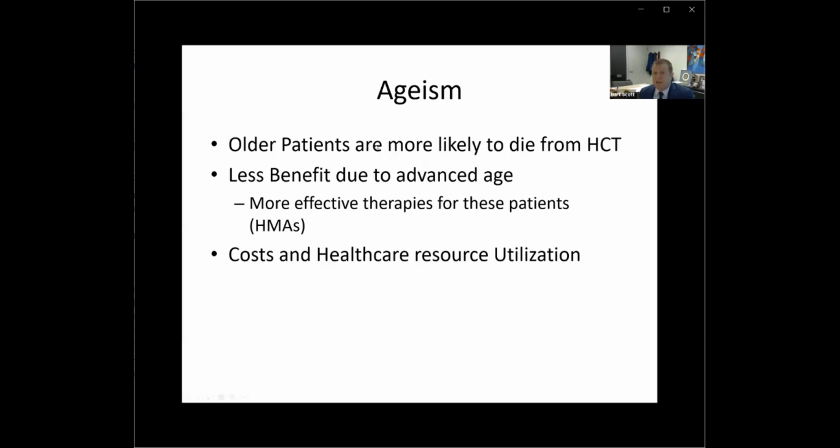Now moving on to a different topic which is important for the consideration of transplant for MDS in particular, something called ageism. Unfortunately, patients can be discriminated against for a variety of reasons. Obviously, we know many of them, but one of them is age. Older patients are more likely to die from transplant. They have less benefit due to advanced age. There may be more effective therapies for these patients, such as hypomethylating agents, and there are issues with cost and